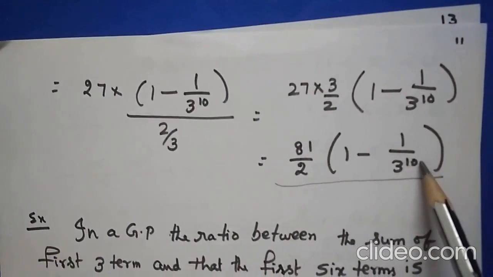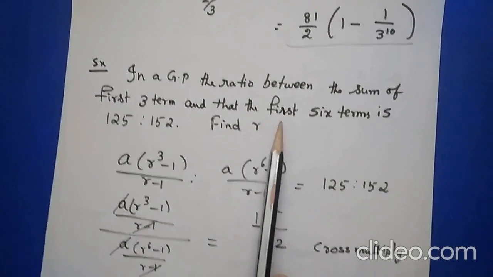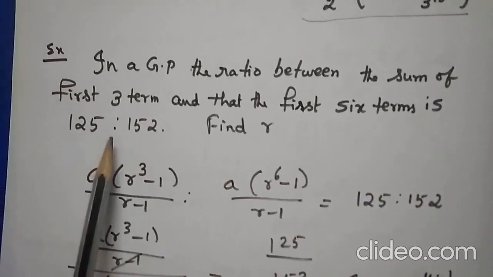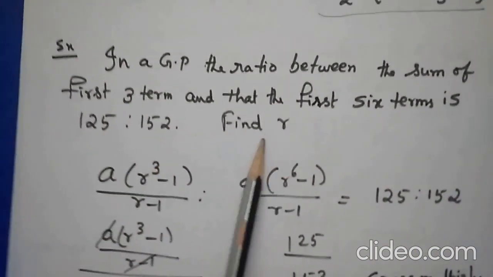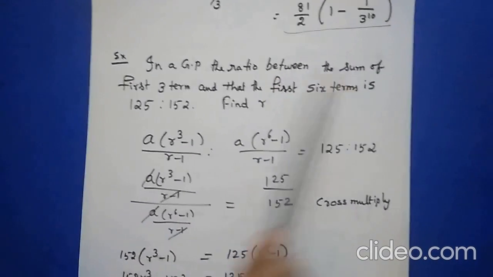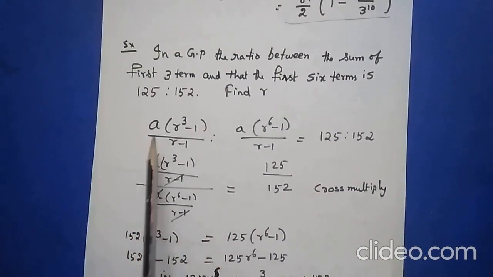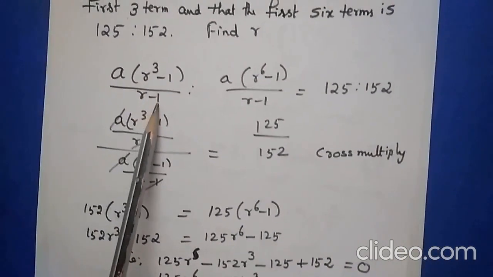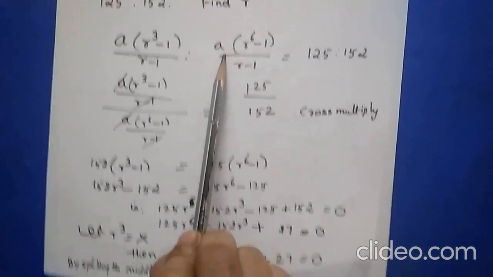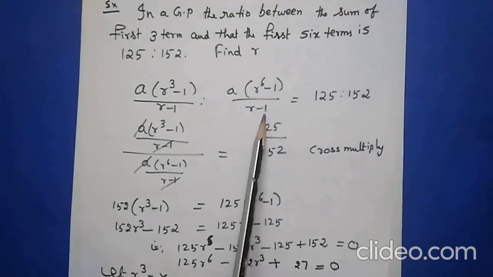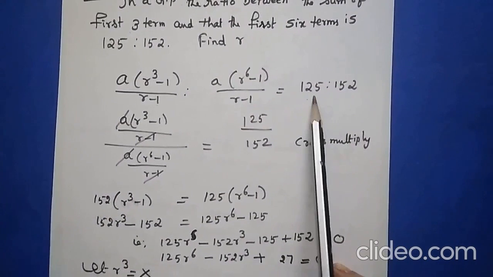Next example, in a GP, the ratio between the sum of first and third term and that of the first 6 terms is 125 ratio 152, find the common ratio. What is given in this? The ratio between the sum of first and third. So now a into r cube minus 1 by r minus 1 ratio a into r to the power of 6 minus 1 by r minus 1 is equal to 125 ratio